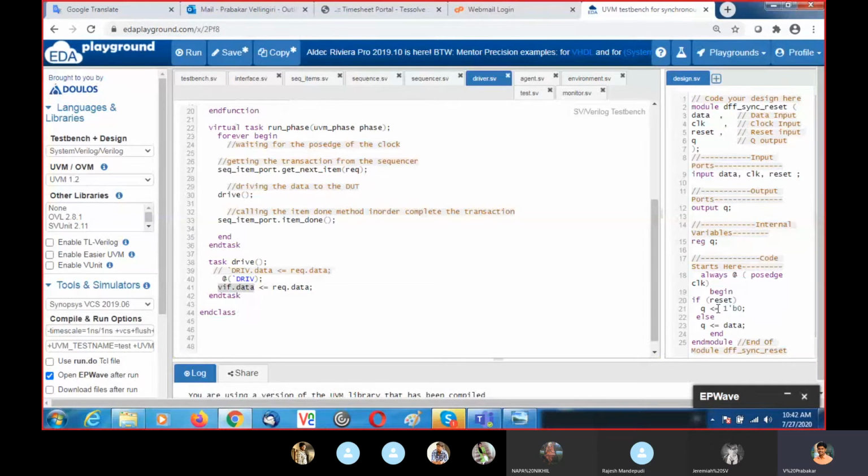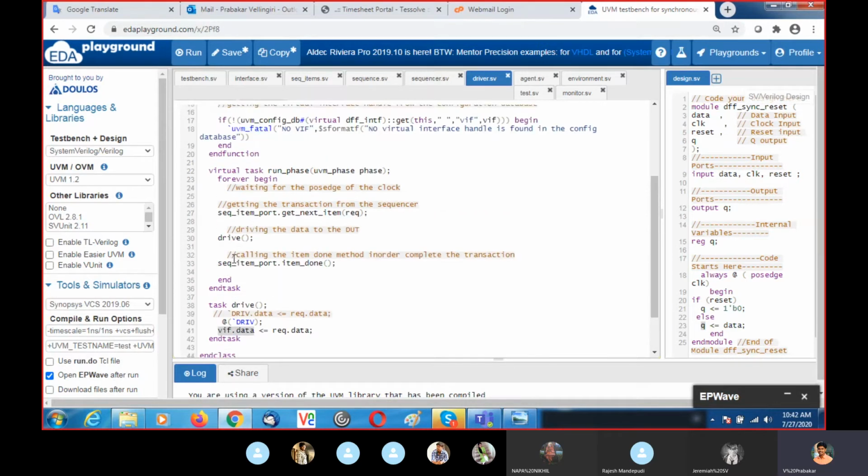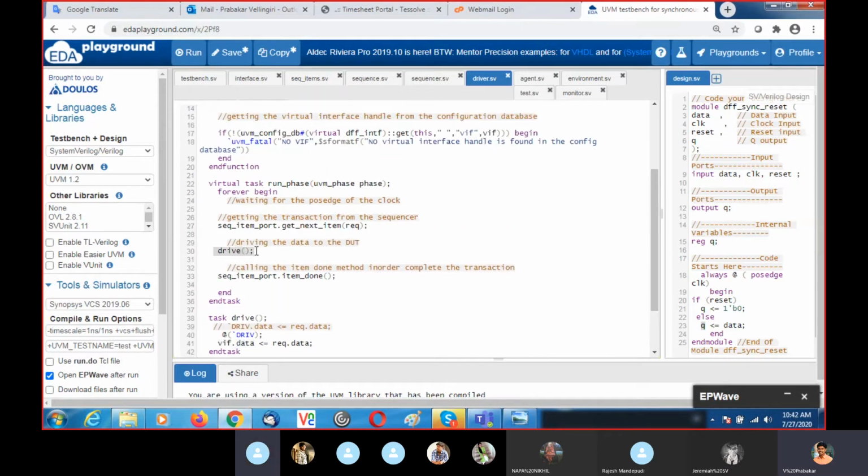And it will send data to queue. Okay. So queue you will receive in the interface. So that we capture in the monitor. So once this driver process completes, I use the item done method just to stop this process. One transaction completes.